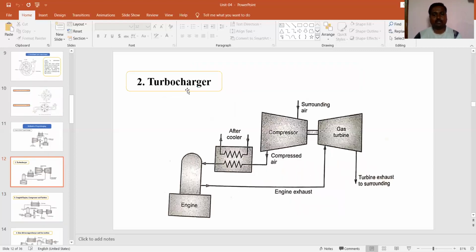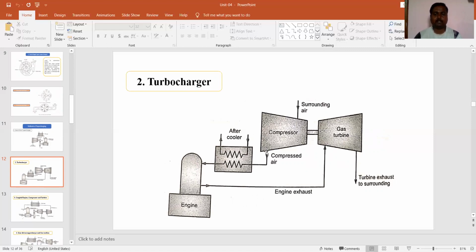Next one is turbocharger. The second method of supercharging is turbocharger. In the same way, here this is the engine. This is the inlet of the engine, this is the outlet of the engine. At the inlet of the engine we are providing high pressurized, that is high density, air or air fuel mixture. The high pressurized air or air fuel mixture is prepared in the compressor. This is the inlet air which is supplied to the compressor,